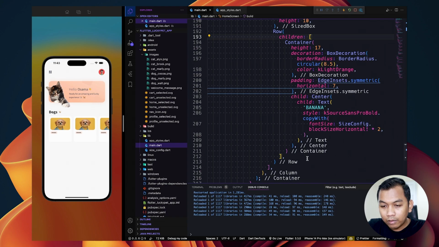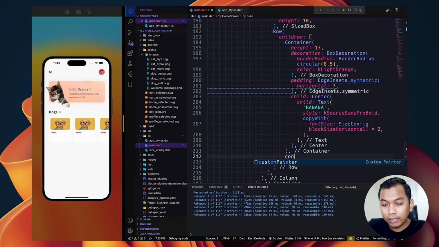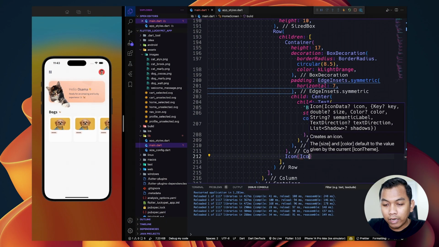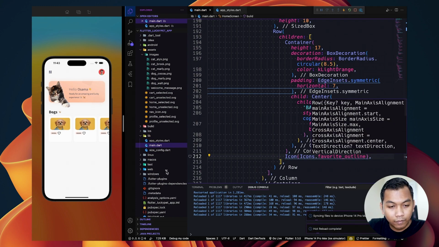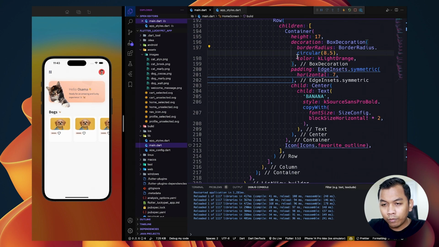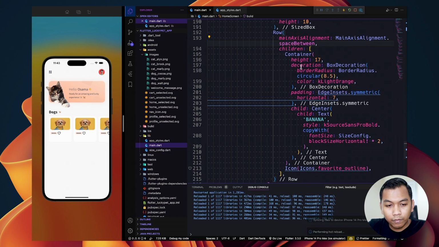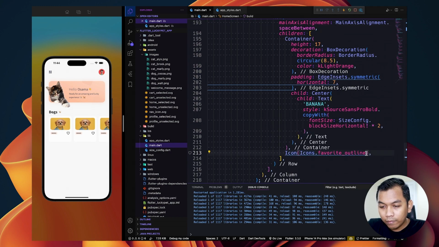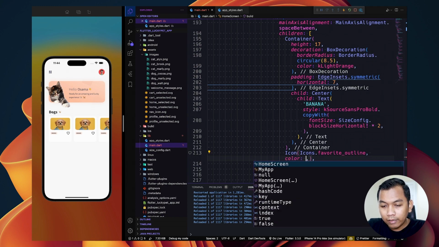And the next is for another, we can simply say Icon, and Icons.favorite_outline. Look like this. And now we will have look like this, but we need to push it to be space between. Look like this. And we can change the color from here. Color will be red color.